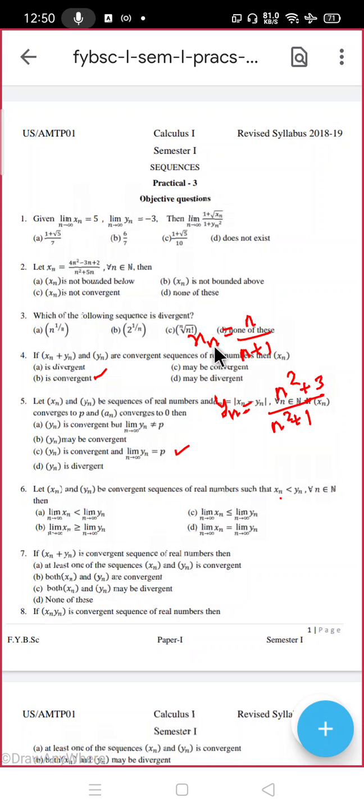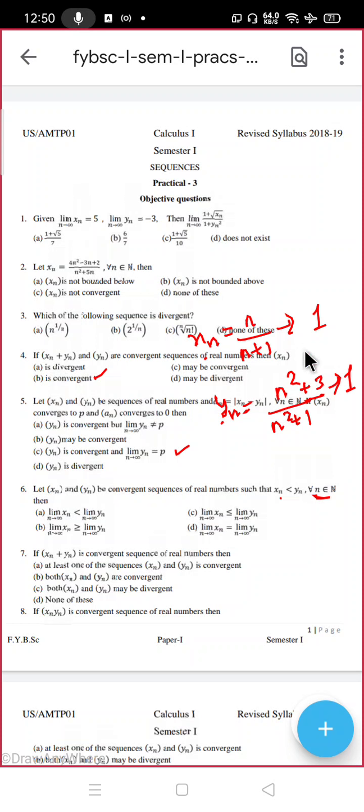So for n equal to 1, they were true. Now this is not true for any n. That is, xn is always less than equal to yn for all n. But where do xn and yn converge to? Where does this one converge to and where does this one converge to? 1. And what about this? That also 1. Perfect.